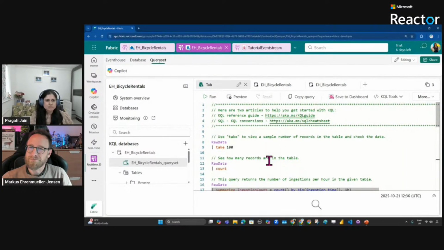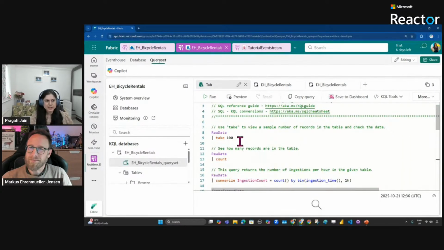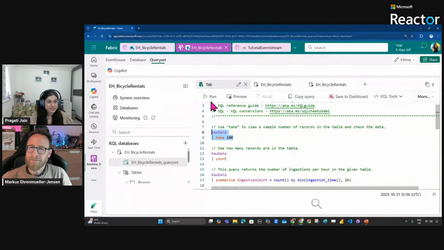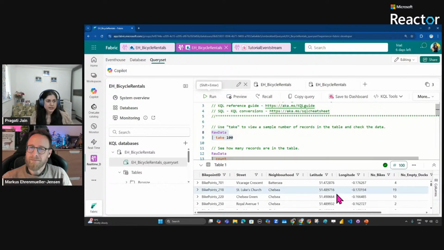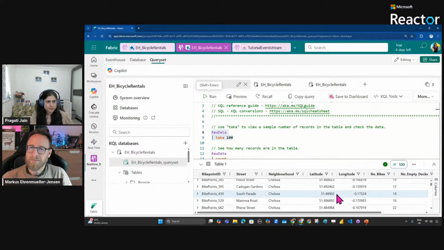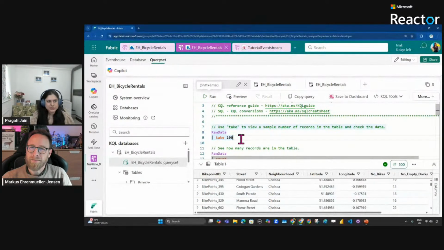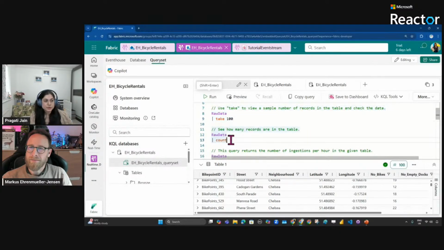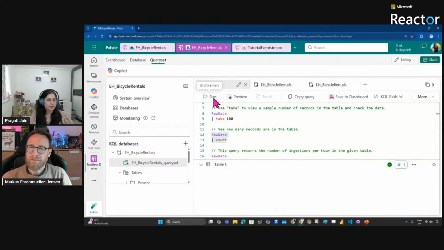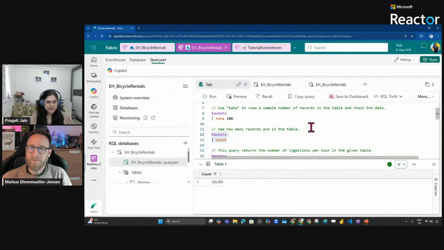Like, for example, if I start with the basic queries, like say, if I want to just understand the number of records in my raw data table that I created, I just run that, and it shows me the top 100 rows. That's what the take command is doing there. So yeah, different way of writing the query, but still it's a query language within the KQL database. So you can do that and see. If I just want to count the records, then I can run that query on my raw data table, and I can see the number of records that's been stored in that table.